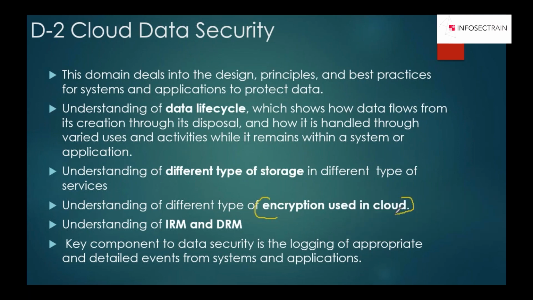Then I'll tell you how we can make sure encryption is there. Whenever I say the word encryption, people say, Krish, if you have encryption, you are secure. That's a lie. If you have encryption, you're not secure. If you have effective encryption, you're secure. Effective encryption means implementing encryption in a very effective, strategic manner. Then you're secure. Or how can you get a DRM solution? What is a DRM solution? How can you work on that?